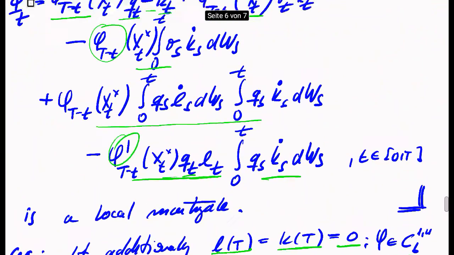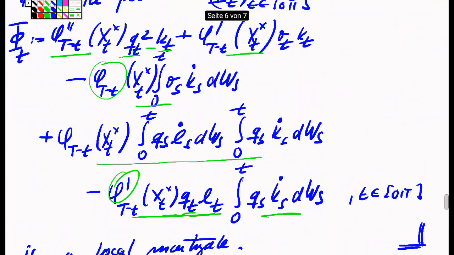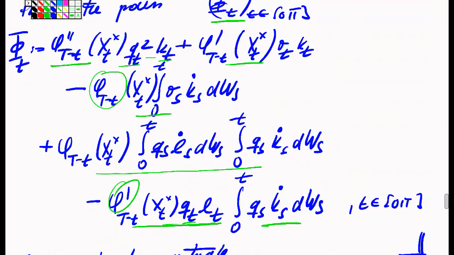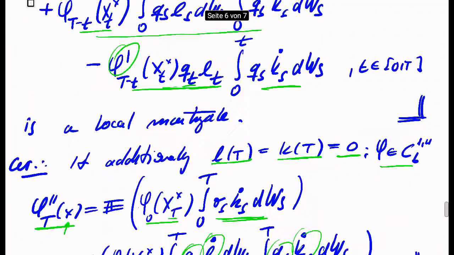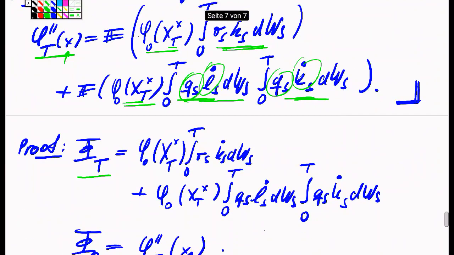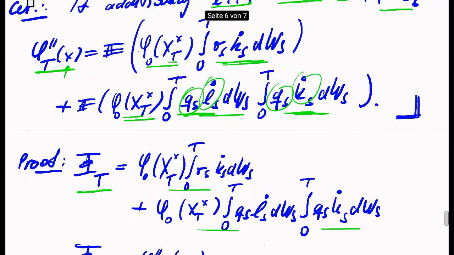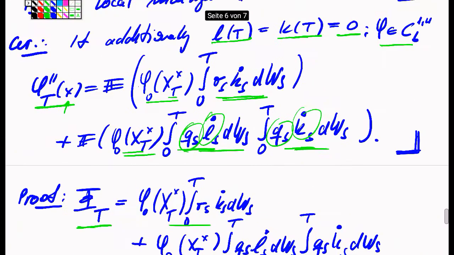and the only part that actually does contribute, also by definition K here, does not contribute at terminal time. And moreover, at terminal time we have only this collection of stochastic integrals effectively which show up. That's exactly the statement here. So at terminal time we only have these terms which involve the stochastic integrals,